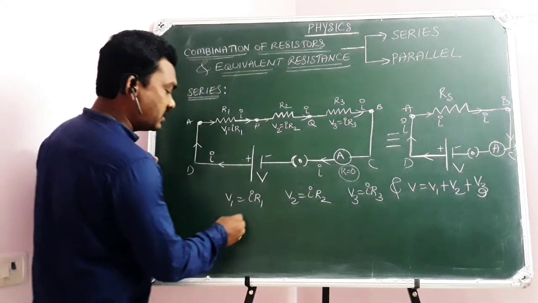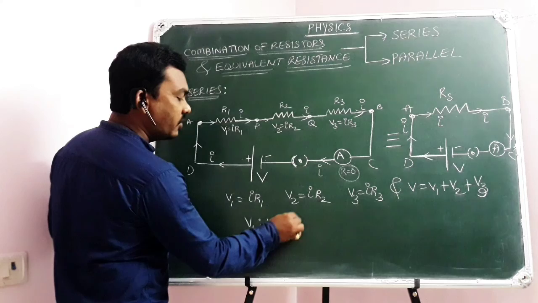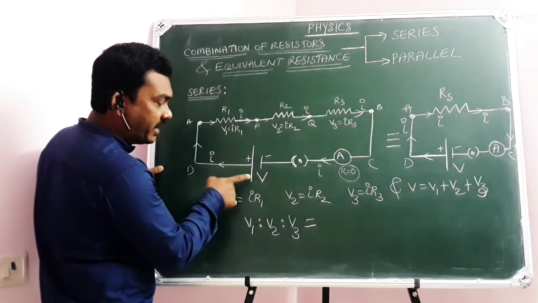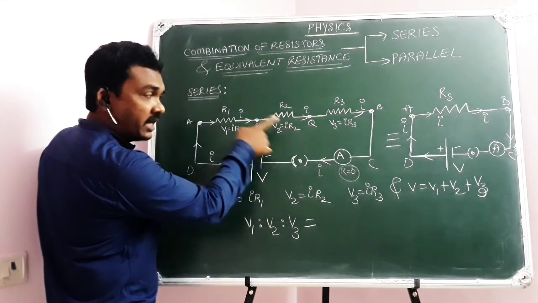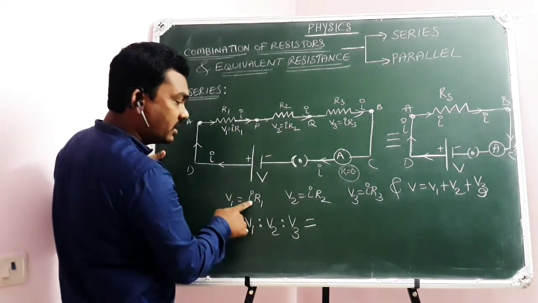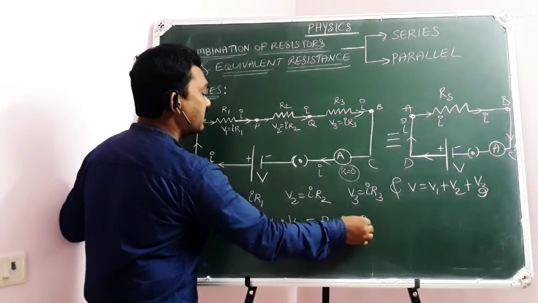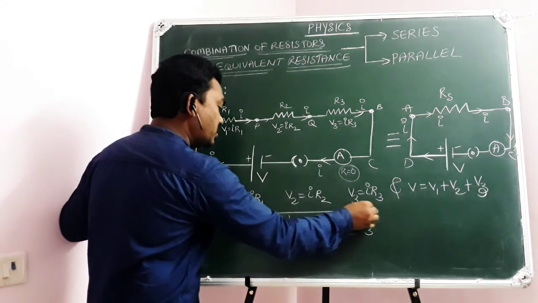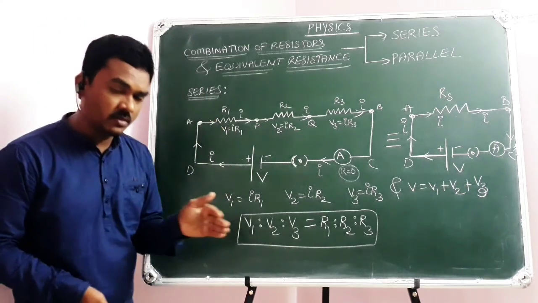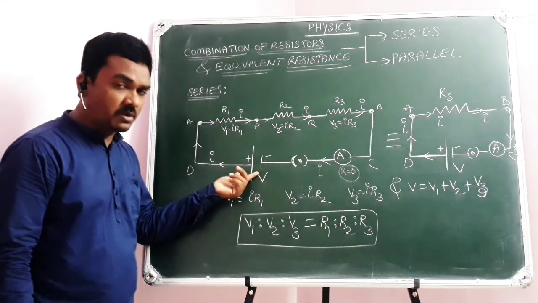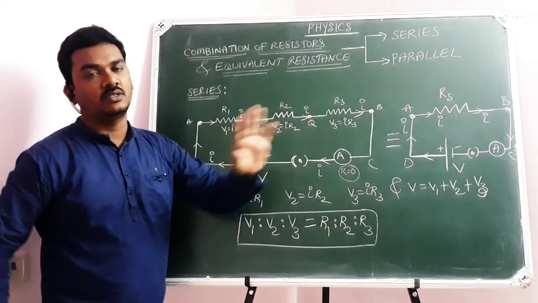But anyway, my point is, apart from that, if I take the ratio of V1 is to V2 is to V3, I told you the applied voltage will be distributed among the resistors in series as V1, V2, V3. The ratio will be, I gets cancelled, R1, R2, R3. Because I gets cancelled, my conclusion is, when two or more resistors are connected in series, the applied voltage will be distributed among the resistors in the direct ratio of the resistances.